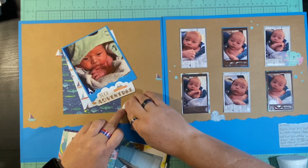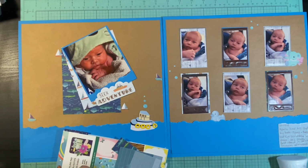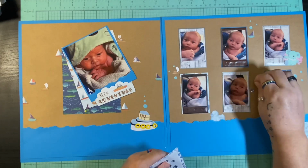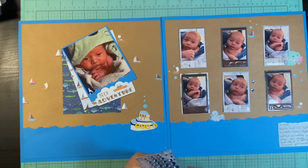So anyway, I took this boat paper and just fussy cut some of the little boats out because I didn't want to just put gems or mixed media or something in this diagonal. So I decided I would just fussy cut some of these little boats out. I did not do a super neat, fantastical job. I think it looks fine. It looks good. But I just cut those out. They're very little, kind of hard to maneuver. So I just cut like 2, 4, 6, like 9 out on the left layout,